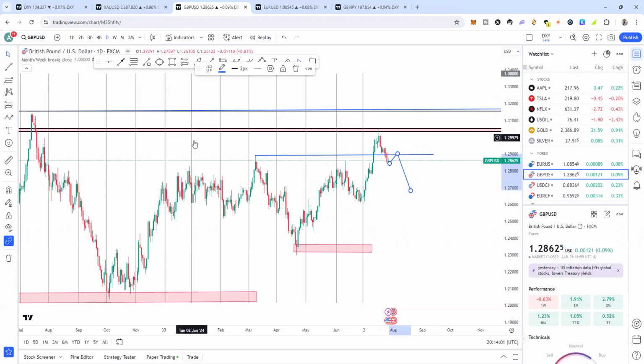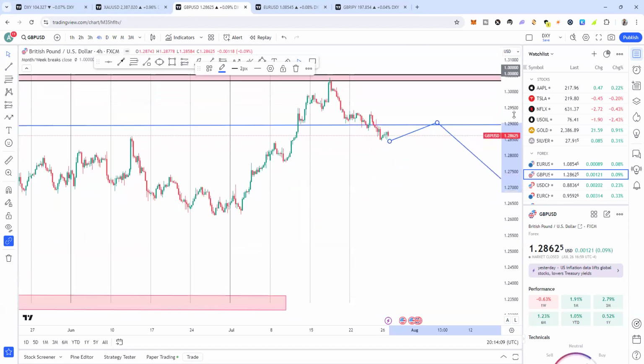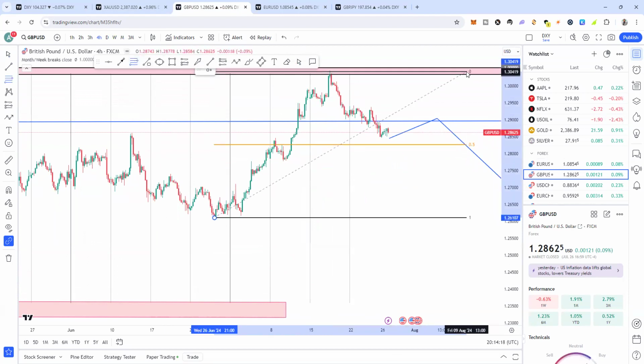Right now, GBPUSD is bullish, but we're having a pullback at the moment. If you go to the 4-hour time frame, you'll understand what I'm saying: we have a swing structure from this zone to this zone. If I put my fib retracement level, you see that we are close to the 50% retracement. But then I expect price to push down to the downside.